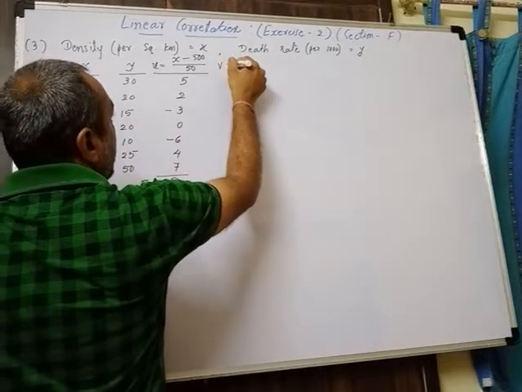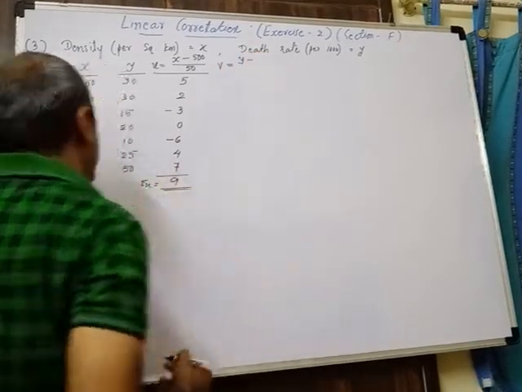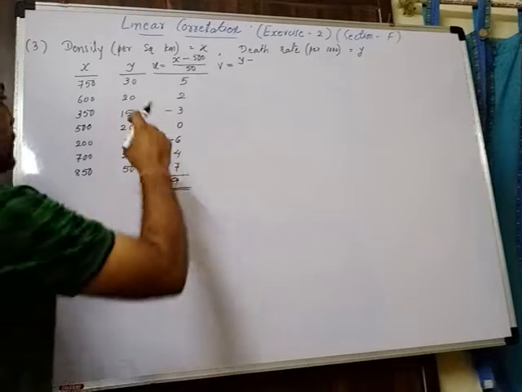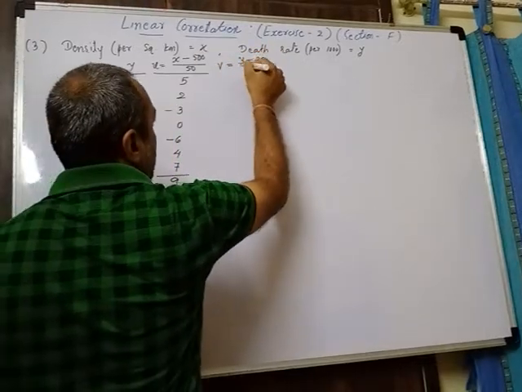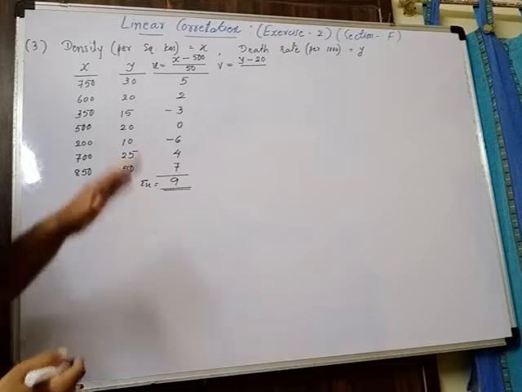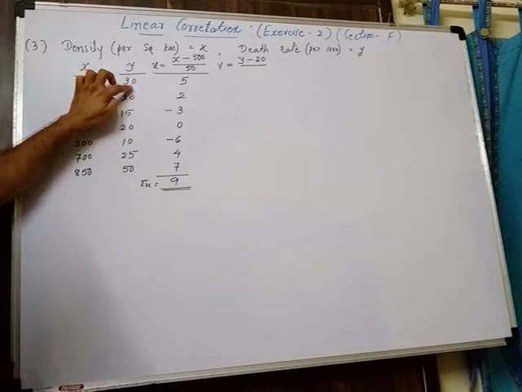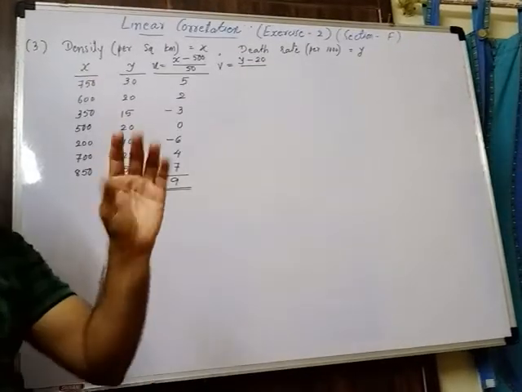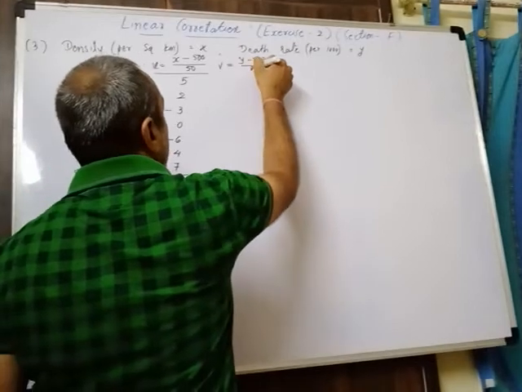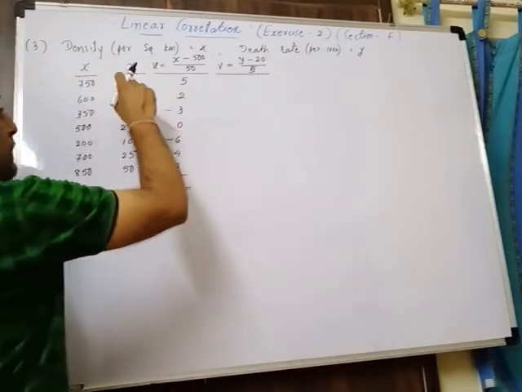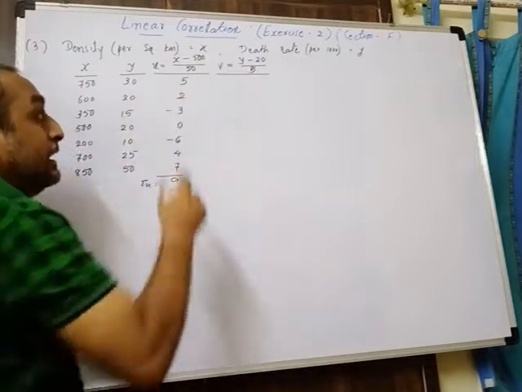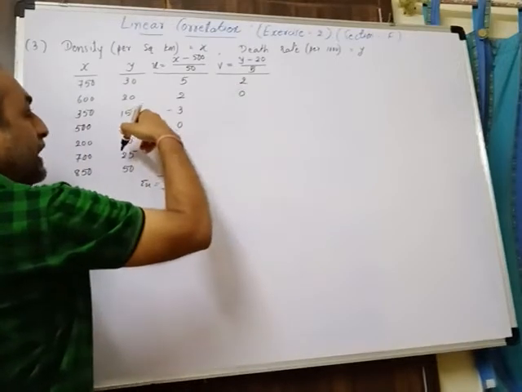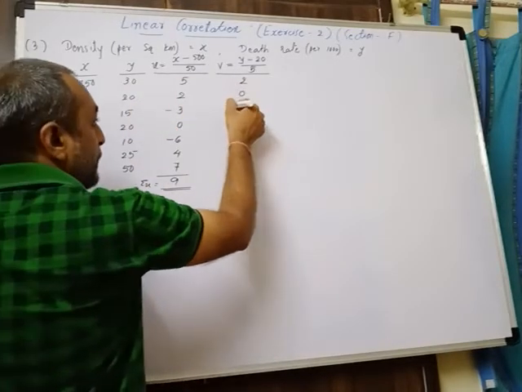Similarly, we will convert y into v. So v is equal to y minus, again, any one value out of these given values. We will take 20 here: y minus 20. Again, we can divide this value to make it still smaller. You can see that at the units place only 0 or 5 is available, so these values are divisible by 5. So we divide the value by 5. 30 minus 20 is 10, and 10 upon 5 is 2. 20 minus 20 is 0. 15 minus 20 is minus 5, and minus 5 upon 5 is minus 1.